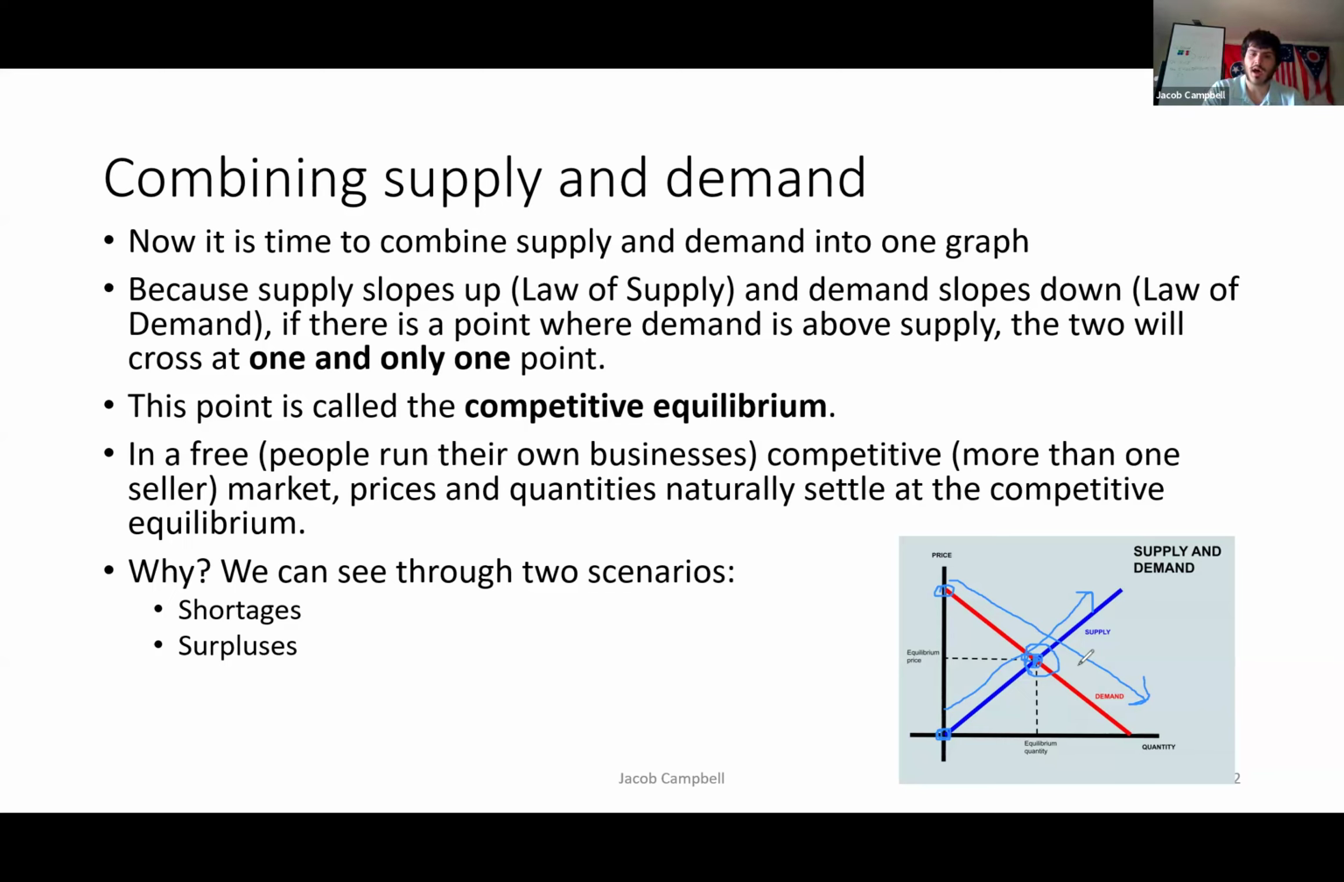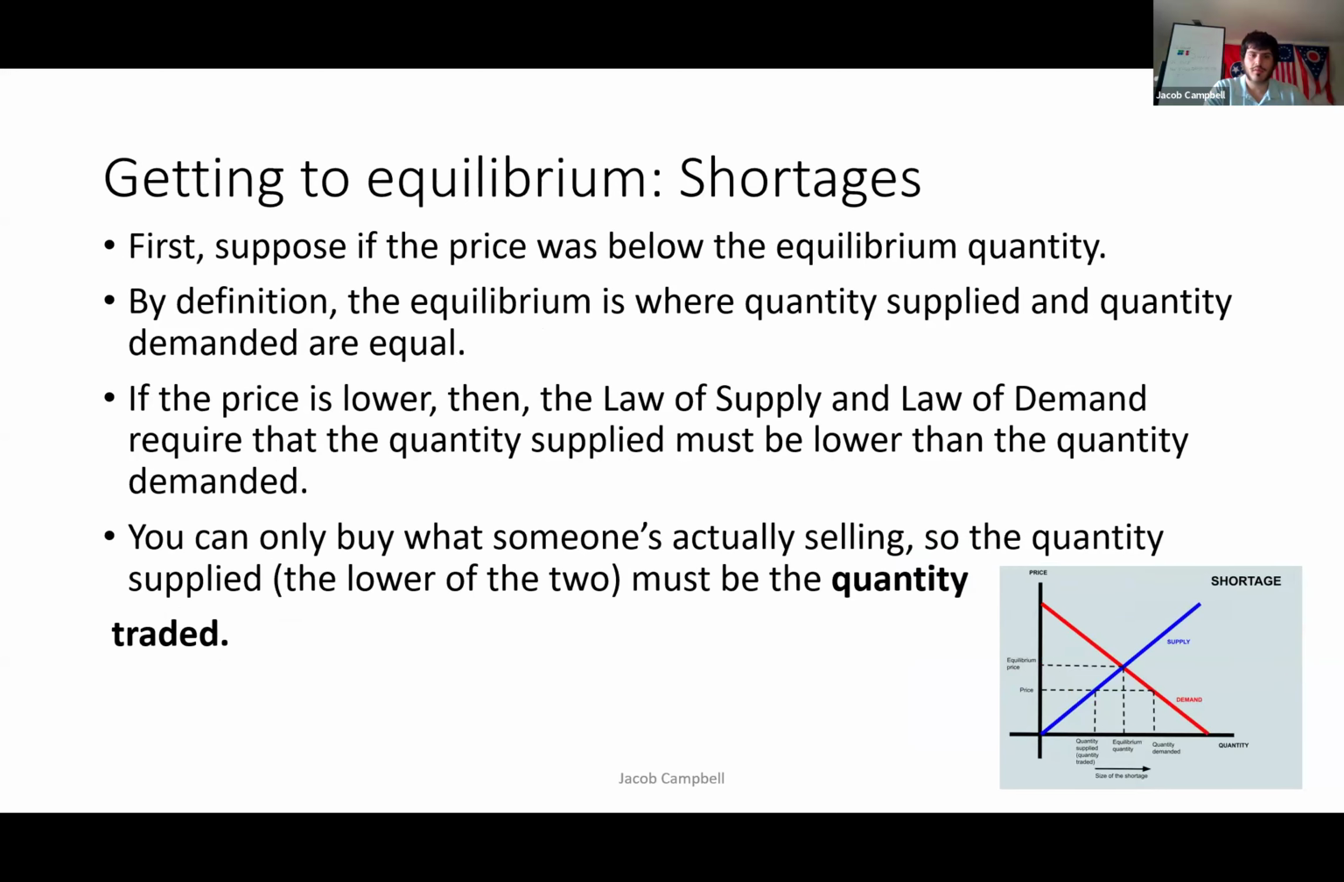And we're going to see why the price and quantity settles at this point through two scenarios: shortages and surpluses. Now, first, let's suppose the price were below the equilibrium price. Now, by definition, the equilibrium is where quantity supplied and quantity demanded are equal. And so let's imagine what would happen if you were to lower the price. If you lowered that price,